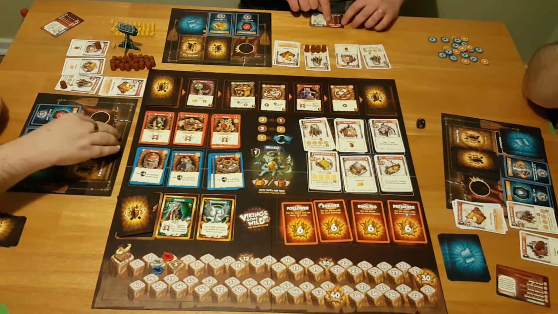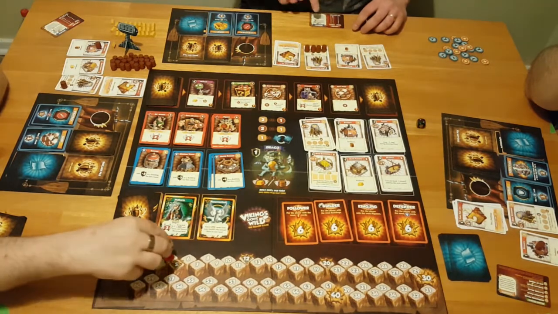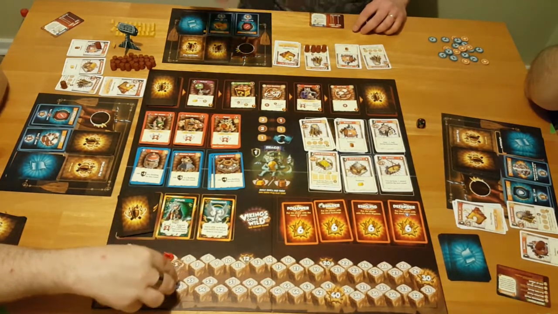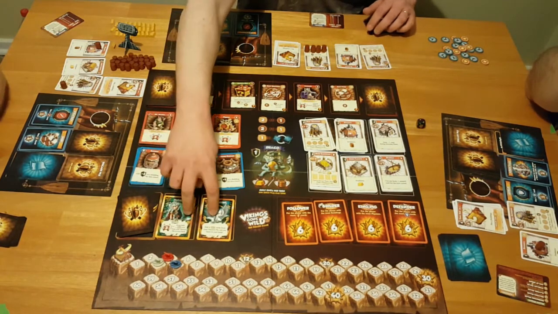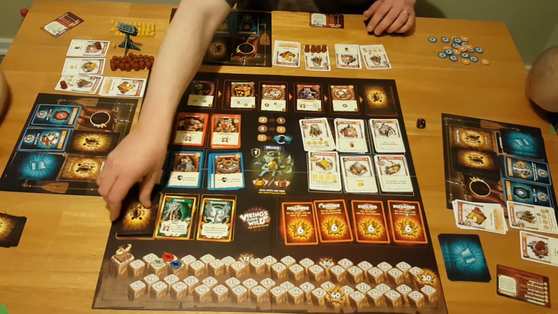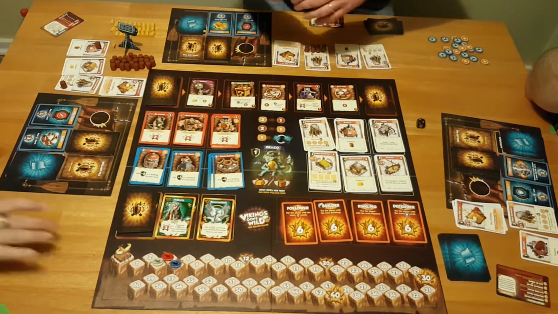Oh, I didn't take my points for attacking you. I also get 3 points for attacking you. Yes, because I attacked 2 buildings. 5. And now at 5, you get one of these. You either choose one of these 2 that are showing, or the top card. You get to look at the top card. I will take...